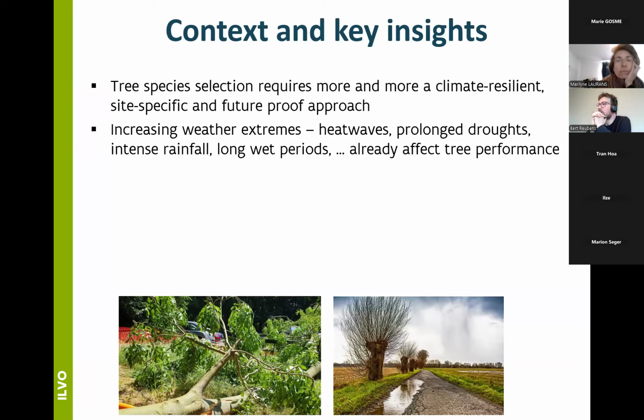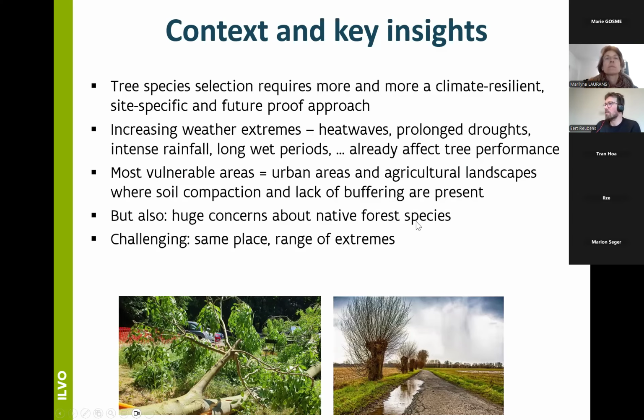That means that we are operating in a context with increasing weather extremes, with prolonged heat waves, prolonged droughts, periods of intensive rainfall, very long wet periods, which are actually already affecting tree performance right now. The most vulnerable areas in general are urban areas, but also agricultural landscapes where soil compaction and a lack of buffering in an open context are present.